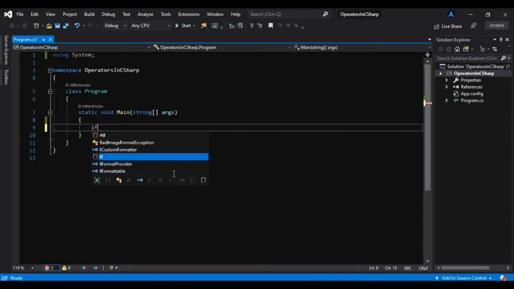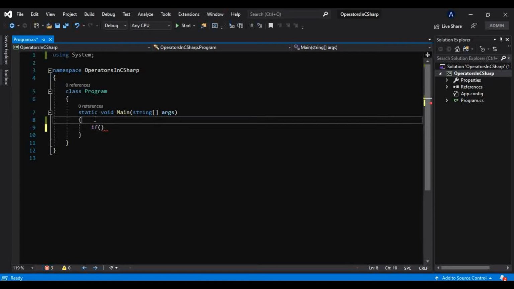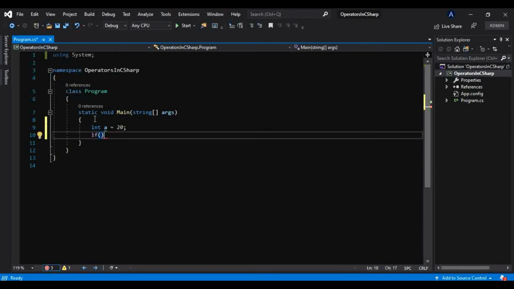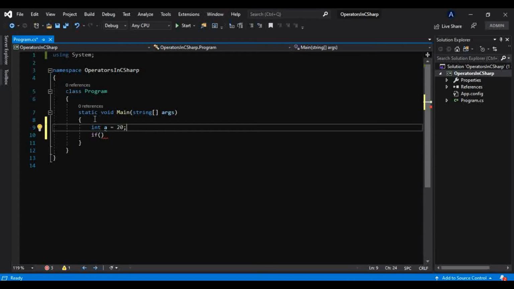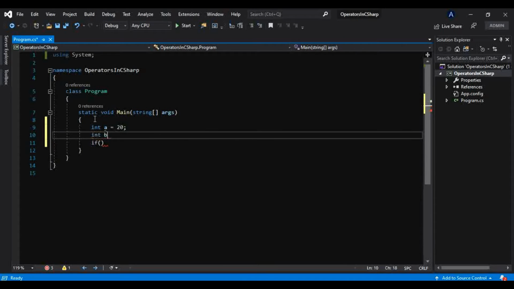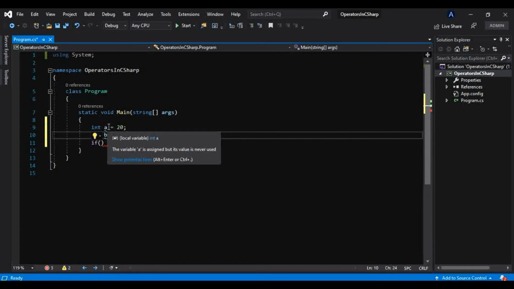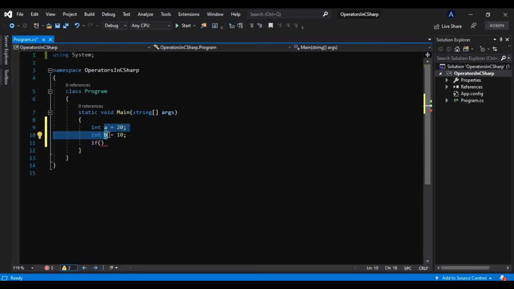Let's say I use this if, let me take one variable first. Let's say int a is equal to 20, and let me take another variable, int b equal to 10. Now I want to find out if these two numbers are equal. How can I do that? There are relational operators, also called comparison operators.